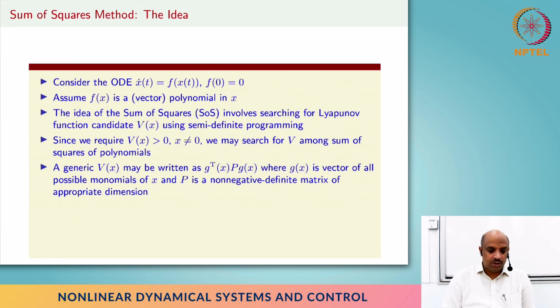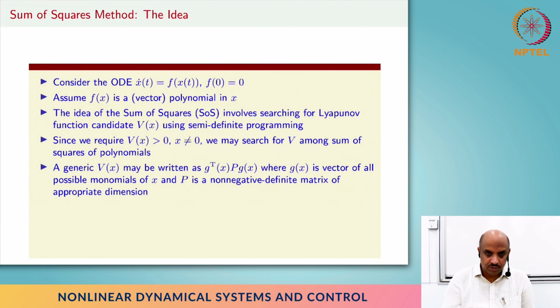Of course, I don't mean it's going to be an infinite vector, so we have to put some restriction. Perhaps g of x will have at most degree n. So we take all the expressions that have total degree less than or equal to n, a finite vector of monomials, and we'll pick P to be symmetric